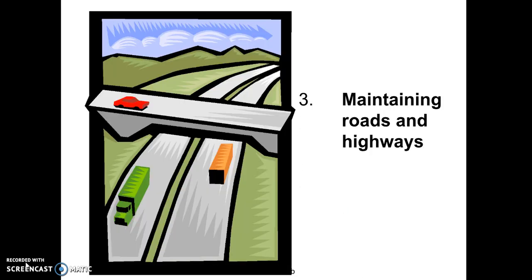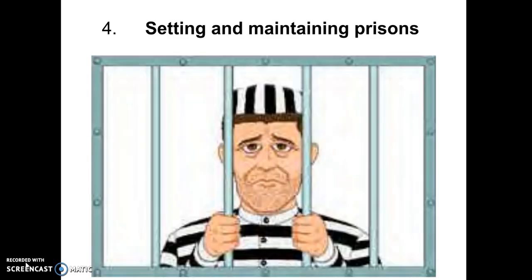Maintaining roads and highways is a concurrent power. If there's a road that's just within the state of Virginia, then the state of Virginia has to maintain it. If it's one that goes through many different states, that's part of the interstate highway system, and that's maintained by the federal government. So for instance, I-95 that goes through many different states, that's maintained by the federal government. But roads like Fairfax County Parkway, that's just in the state of Virginia, are maintained by the state.